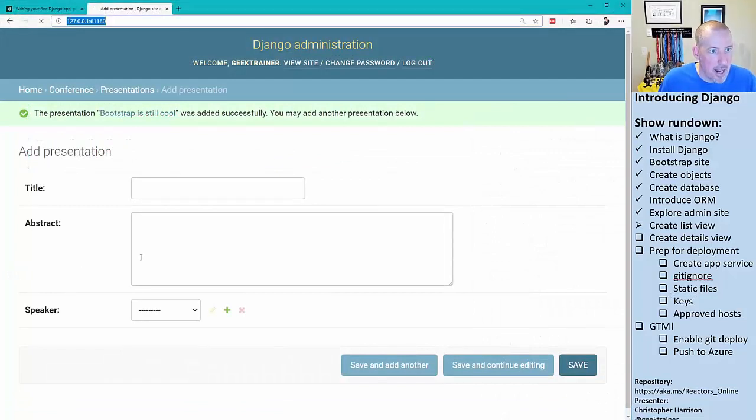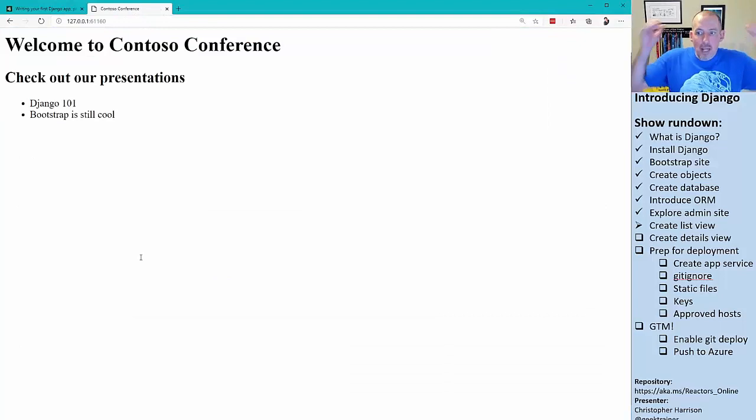Okay. Back over here, let's try this again. There we go. Cool. So now, what I want you to notice here is that with just that little bit of code and that little bit of HTML, it's now pulling all the items out of my database and displaying all of that out. Isn't that cool? I love that. So yeah, I had to write a little bit of HTML, but really, if you get right down to it, this right here, after creating my models, was all the code that I had to set up. And I can even go one step further here, and this is probably even cooler,